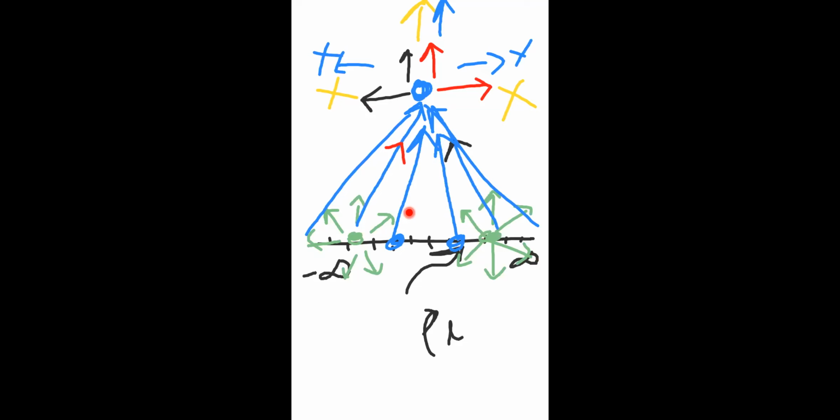If you have a line charge, definitely your electric field will be perpendicular to the axis of the line. Please note down in your notes: electric field due to line charge will be in a perpendicular direction to the axis of the line containing the charges. This is the axis of the line, and this is the direction of the electric field. Please note down clearly: once you have line charge density, the electric field direction will be perpendicular to the axis of the line containing the charges.